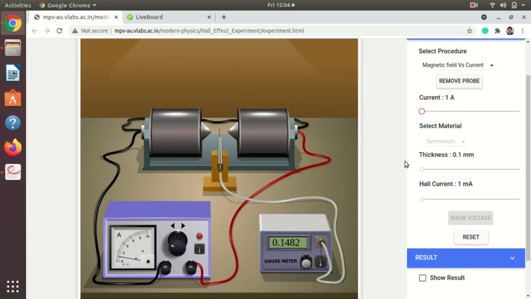Now what we have to do here, you can see here a Gauss meter, and here an ammeter. Basically we are changing the value of current from this. You can see this circle was earlier inactive. Now as we inserted the probe, we can change this. So if I change to 1.5, you can see the Gauss meter shows a different reading. Again if I change this, you can see the Gauss meter shows a different reading. This is basically your H, the magnetic field intensity in Gauss. Gauss is a unit of H.